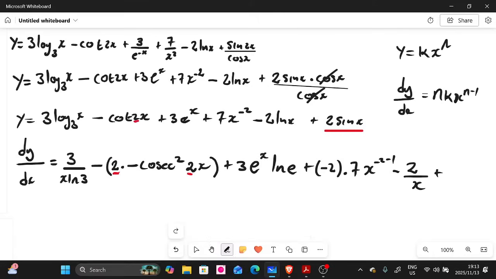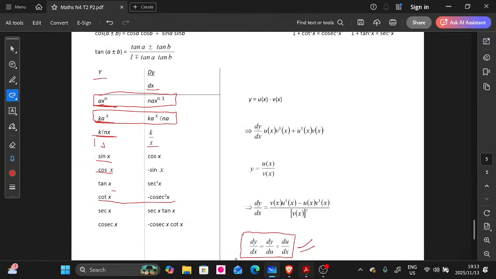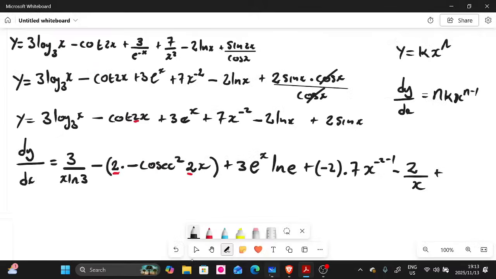Now let's look at this one here. We have 2 sine x. Guys, 2 is a coefficient. So when you differentiate this, let's go to the formula sheet. When you go to the formula sheet, the differentiation of sine is what? It's cos. Do you guys see? It's cos, right? So let's go to our question. So we have 2. 2 is the coefficient, and then the differentiation of sine is going to be cos x. We don't have the coefficient. Okay, the coefficient of x is 1. So you multiply 2 with 1, it's going to be 2.